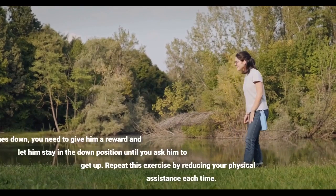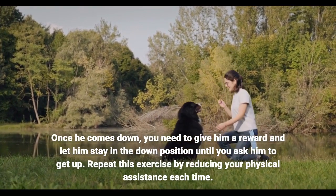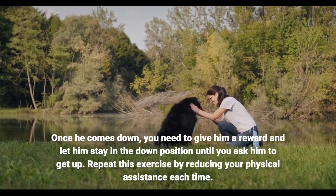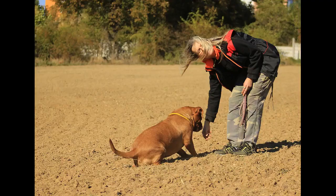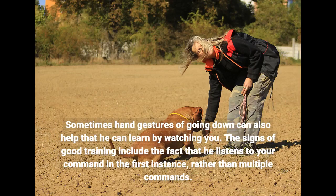Once he comes down, you need to give him a reward and let him stay in the down position until you ask him to get up. Repeat this exercise by reducing your physical assistance each time. Sometimes hand gestures of going down can also help, so that he can learn by watching you. The signs of good training include the fact that he listens to your command in the first instance,